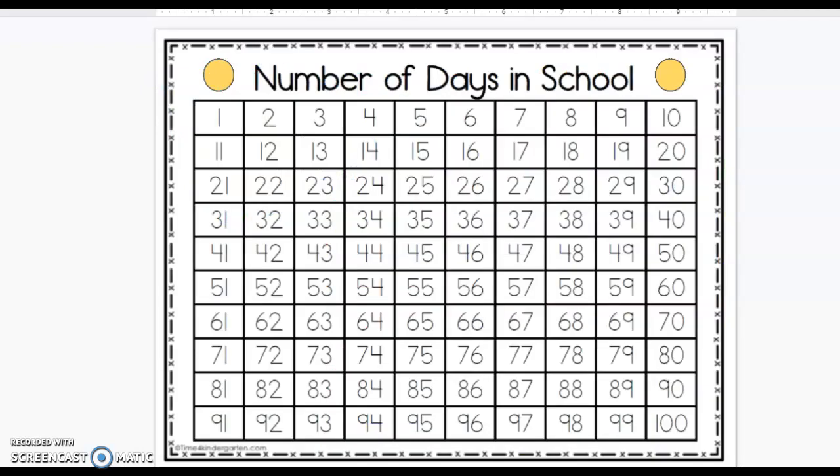We're also going to count all of the days that we're going to be at school. Every day we're going to move one yellow circle onto a number. Remember, just one a day, and we're going to find out how long it takes us to get to 100